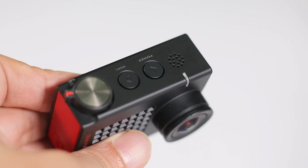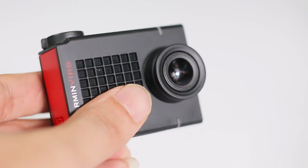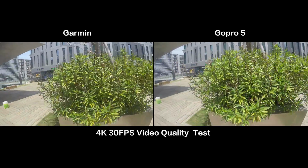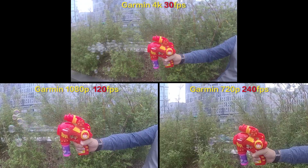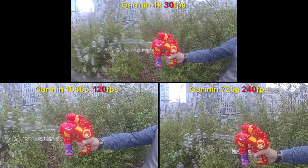Coming up are two badass players. This Garmin Virb is quite a competitor to GoPro Hero 5. Their designs are similar too. Same as GoPro 5, Garmin Virb supports 4K at 30 FPS, 1080p at 120 FPS, 720p at 240 FPS,